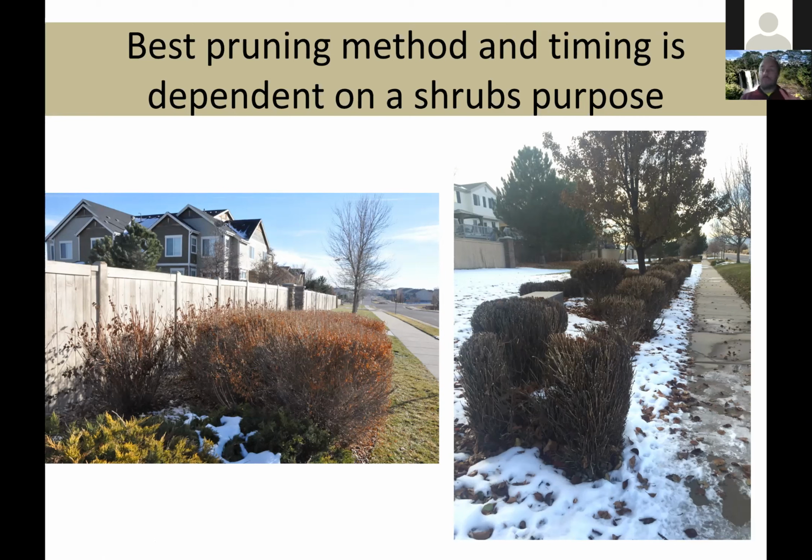So before we go on, when we're pruning shrubs, you can generally break shrubs down into three categories. And for our purposes, really, we'll only be able to think about two. But you have shrubs that we plant primarily for their ornamental features, which should be mainly flowers, but also maybe fall color. Sometimes the color of the twig is important, like red twig dogwood. So you have these ornamental shrubs. I'm going to primarily just refer to them as flowering shrubs because that's the main feature.